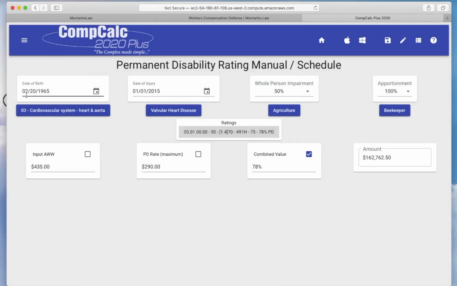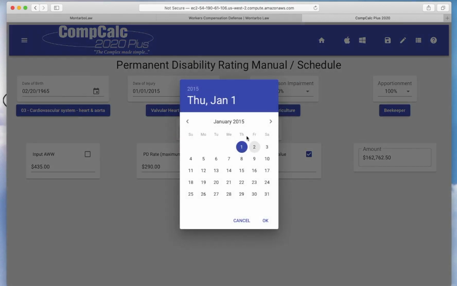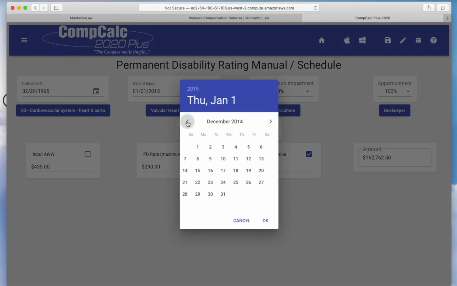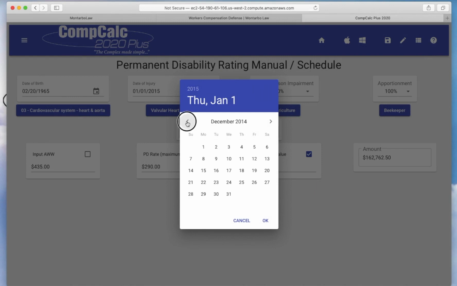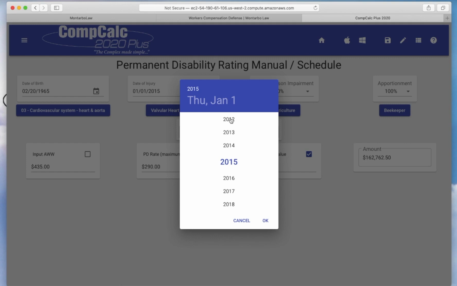And I've just inputted that. Now, if you wanted to just type it in, you could do that too. Okay? Now we have the date of injury. I'm going to choose a pre-11-2005 date of injury. You can scroll back and keep going, but that's going to take forever. We're going to go up to 2012 because, for the purpose of this demonstration, I want a pre-11-2013